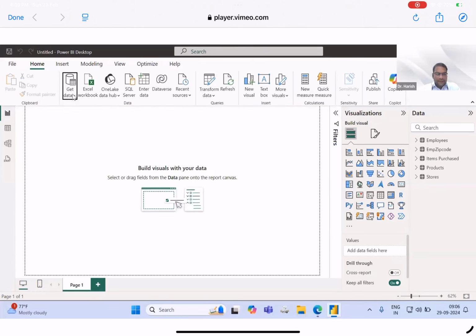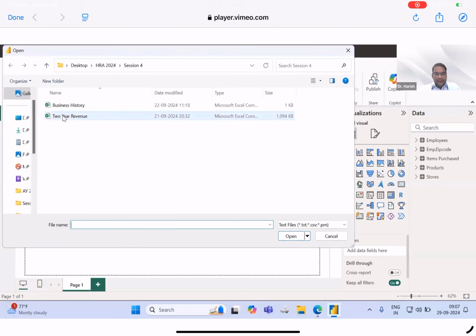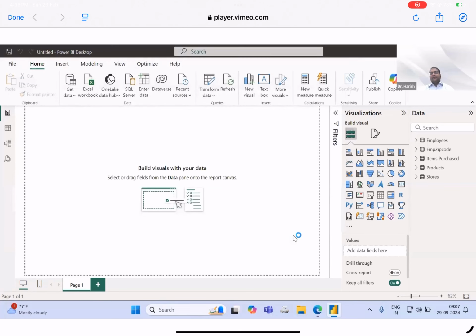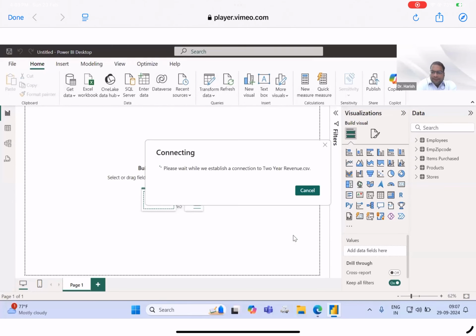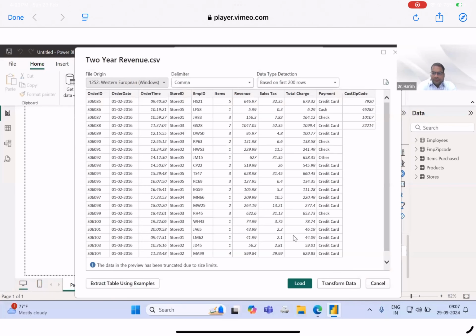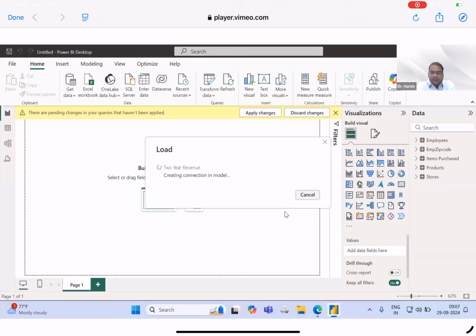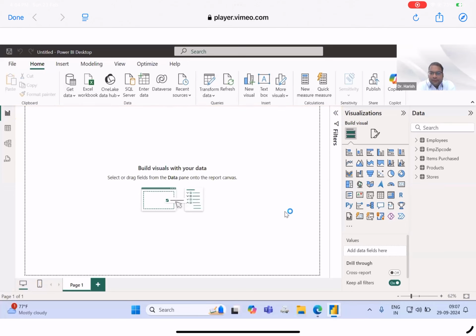Right. And lastly, the last file, in CSV format, two years of revenue. I'm just uploading the last file here. The advantage of making this data model is to retrieve the data set or information from different resources or